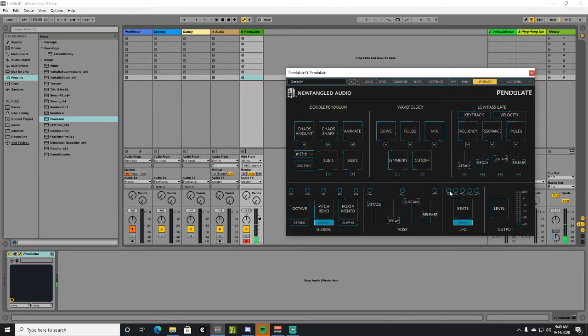It says try modulating that. So let's take an LFO, click it, and then click up here. And then while holding, you can set the amount. Interesting. And then the low pass gate is essentially your amp section with a filter attached and following the same